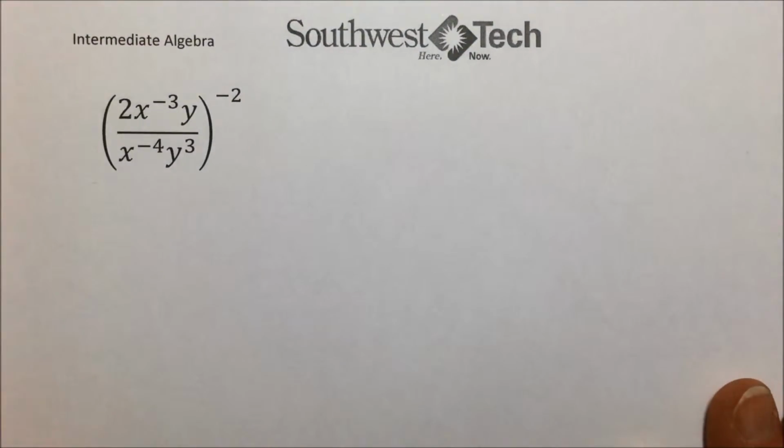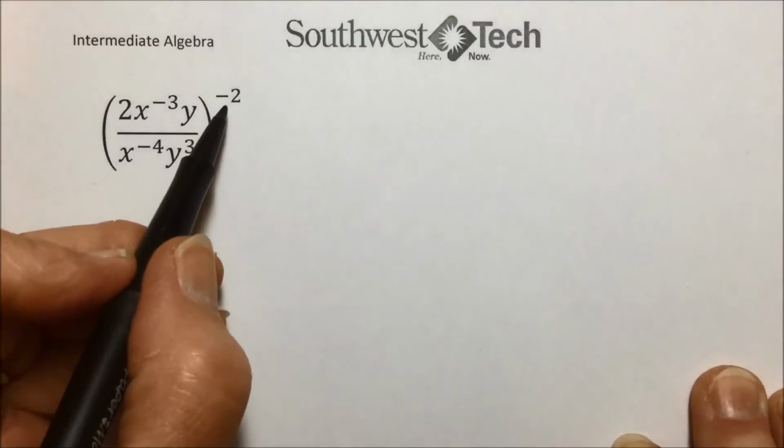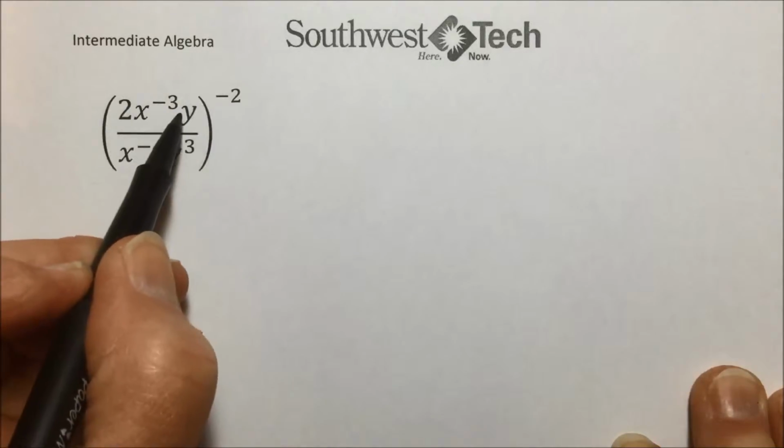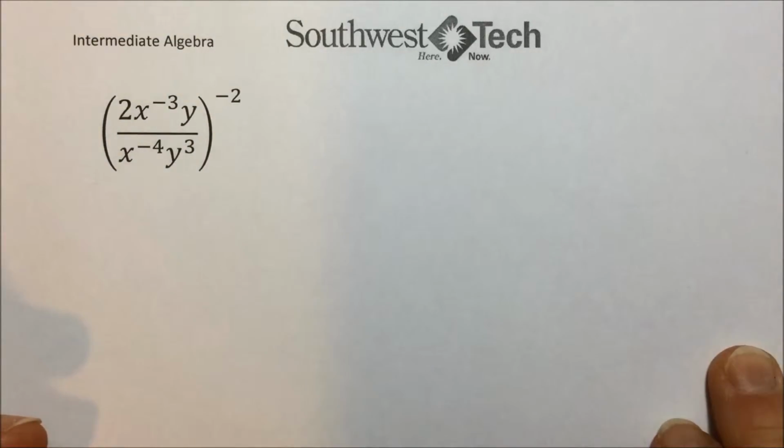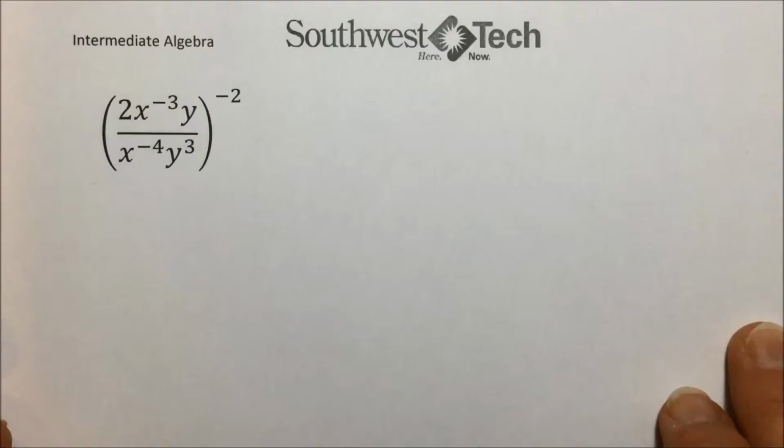In this next example, we have a quotient raised to a power. You have a couple options on simplifying this. You can simplify inside the parenthesis first and then raise each term to the power. And if we're following order of operations, we clearly could do that. Or we could eliminate this outer parenthesis by raising every term in there to that power. As long as we follow principles of exponents, there are multiple ways to simplify. But let's go with order of operations.